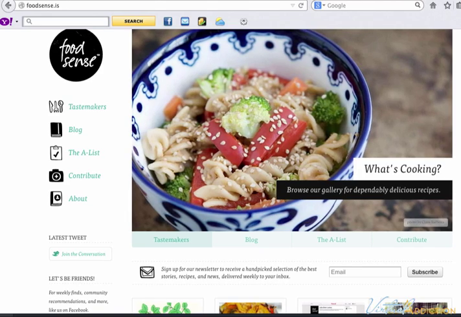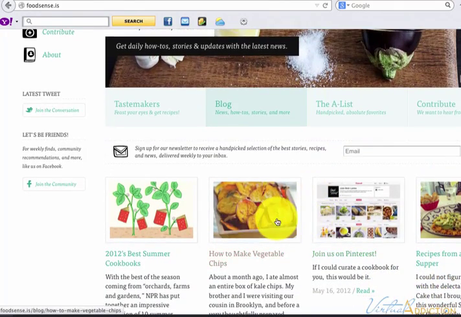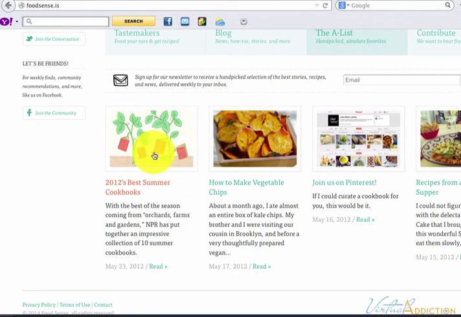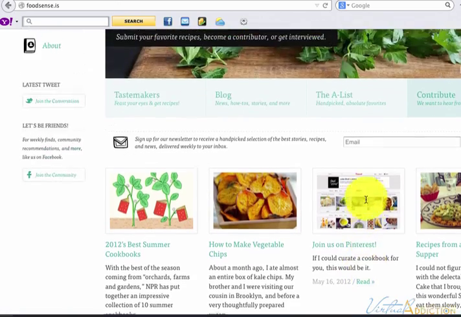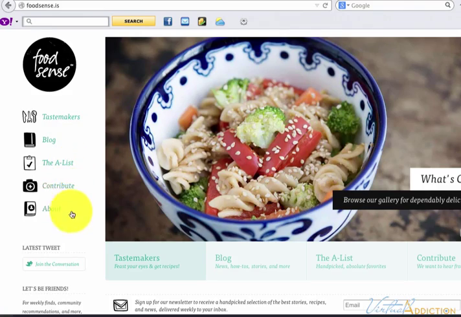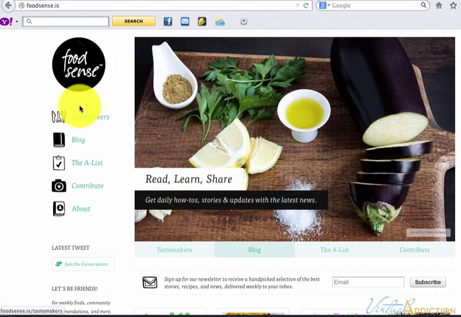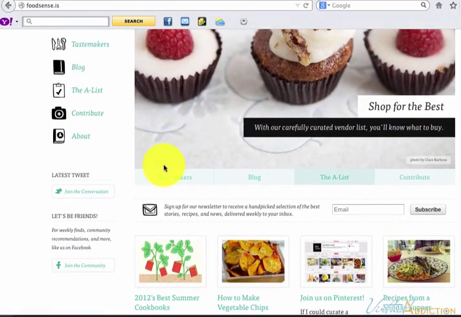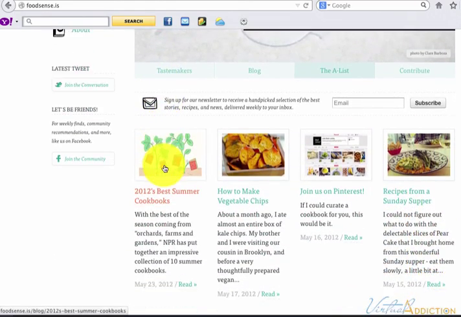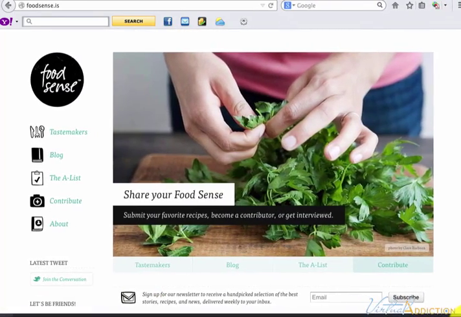The names get shorter. Also, on a very large screen, if we scroll down just so you can see the bottom of the page, we have large pictures. We have a 4-column layout. It's actually almost more of a 5-column layout because of this sidebar right here. You can see where the navigation is. As I slowly start to shrink the screen down, you can see that little refinements occur. Pictures get smaller, things get a little bit more concise, and as we continue to reduce the size of the